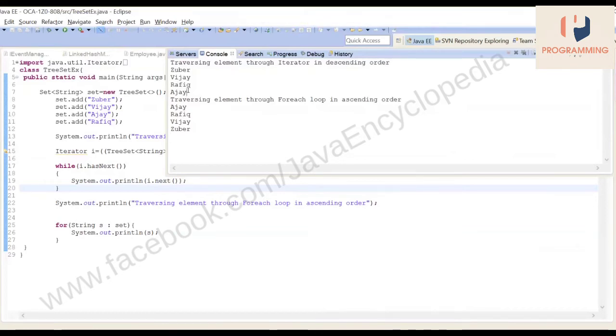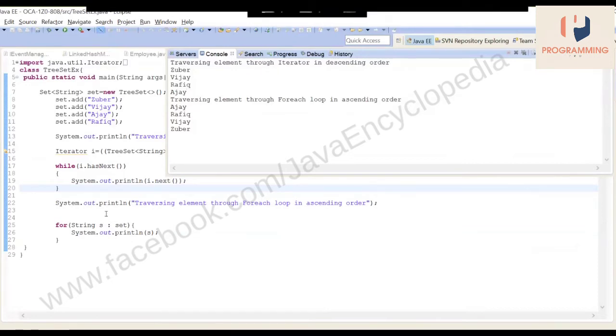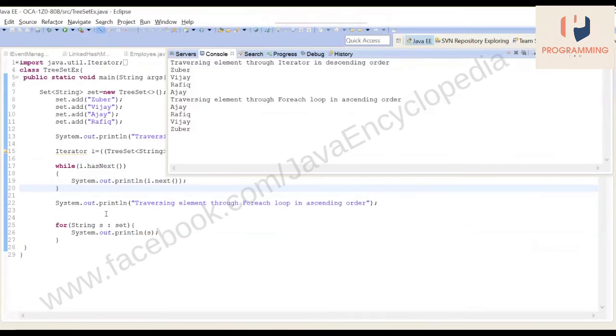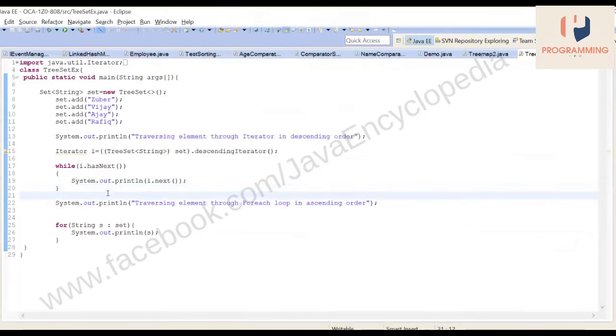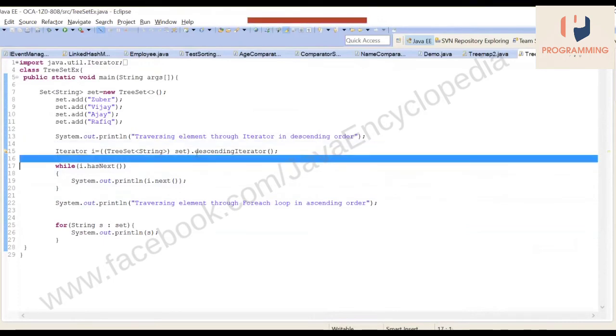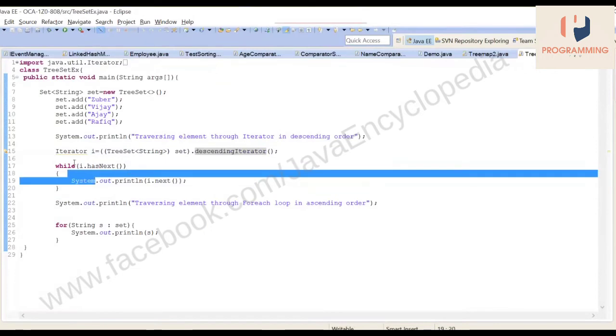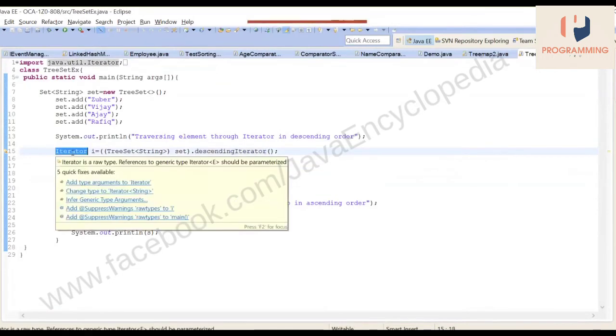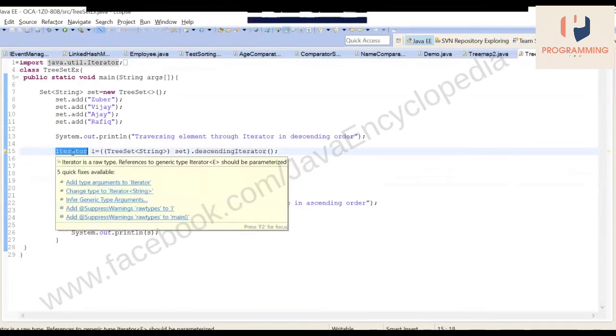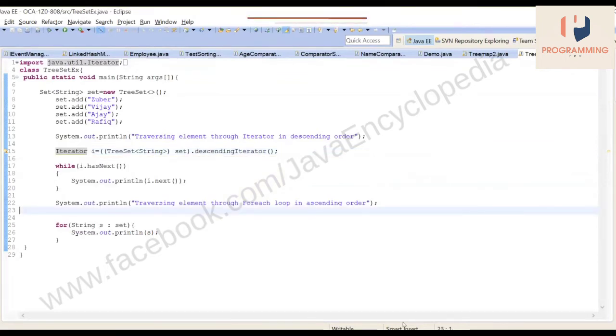So from the iterator we can get a descending order also, whereas if you use only a tree set, we will get an ascending order. Even if you want to do an iterator over a list, it is possible. You can try on your own using the iterator interface. So from here we are able to prove what we have done.